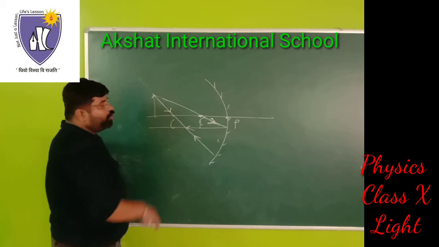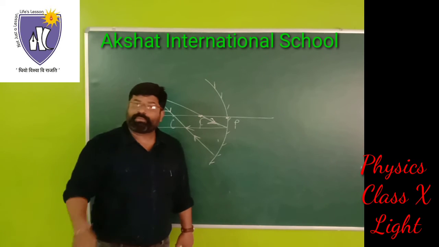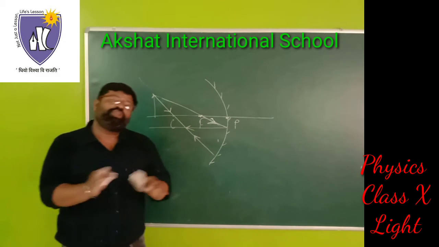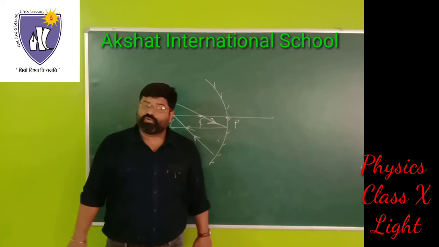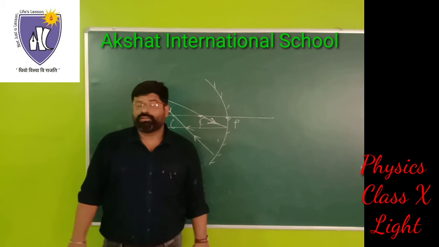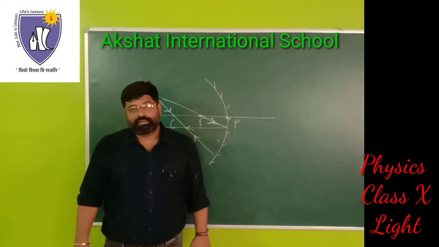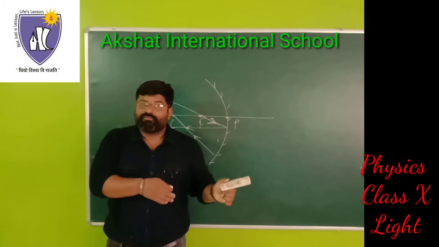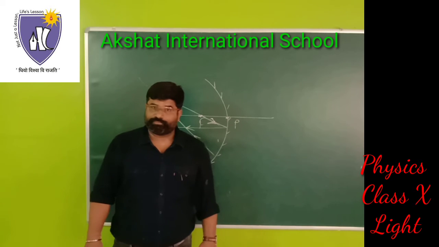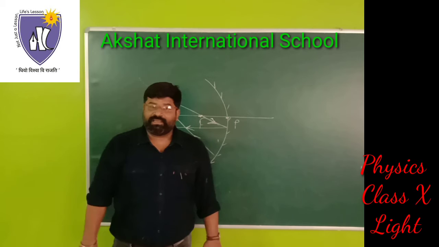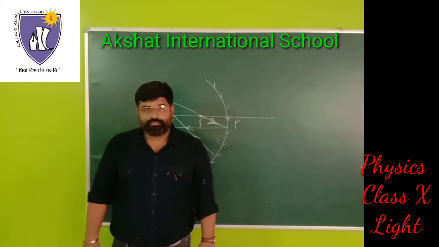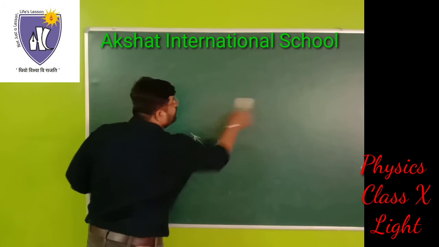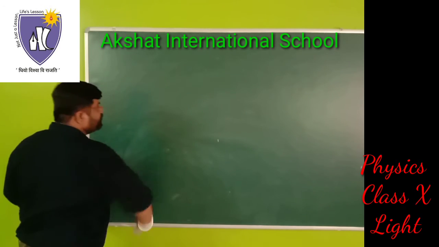So these are the four rays, two here and two in the previous diagram I had explained. With the help of any two rays out of these four, we can form an image. Now it depends where we keep the object, so the image formed will be real or virtual. That we will see in the image formation. So now the next topic, as I said, is the image formation in spherical mirrors.